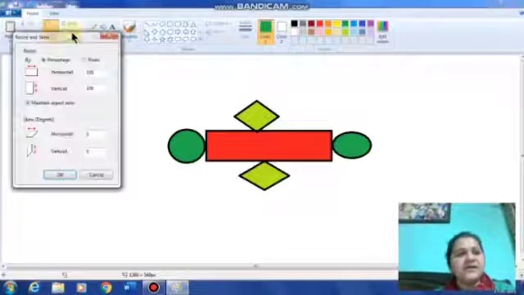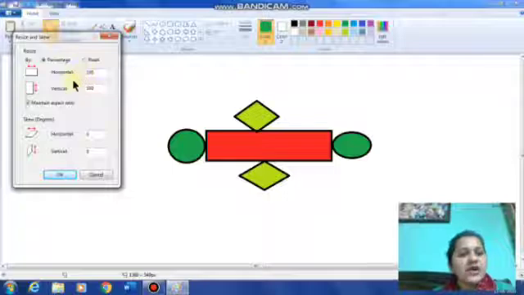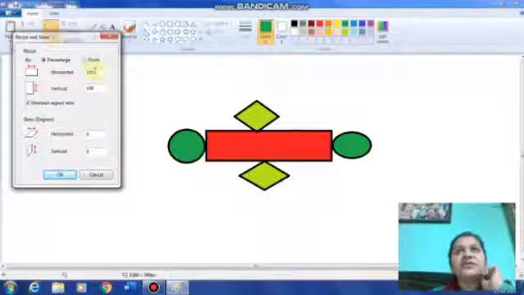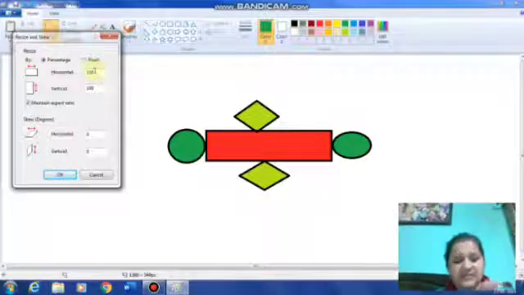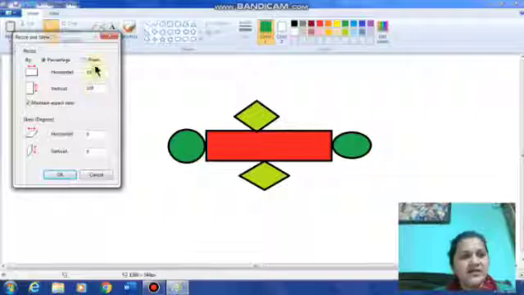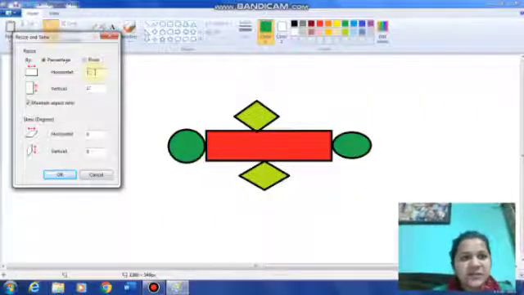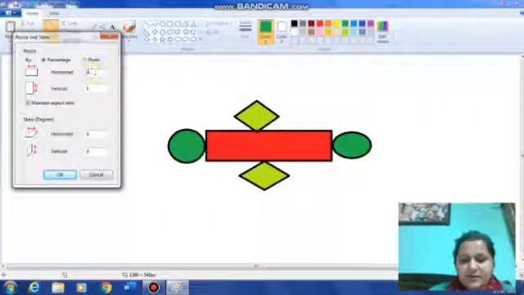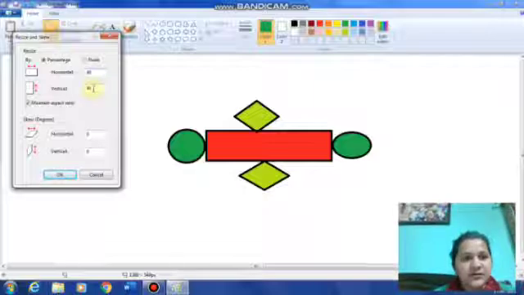Okay, now click on it. See, a dialog box appears: name, resize and skew. Now here, horizontal and vertical width. When we want to resize, meaning when we want to change the size, here 100 by default, the horizontal and vertical values are given. We can change it from here. Suppose, write down 40 here, vertical also 40.